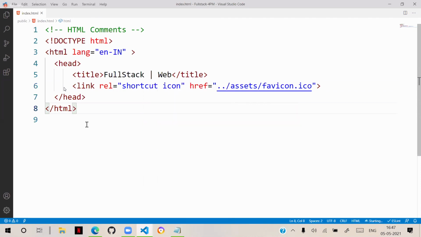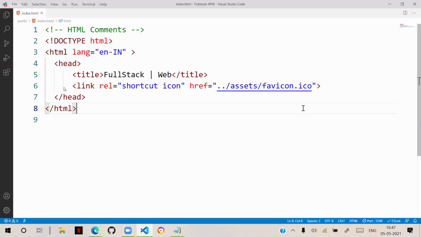So I will run this now. Title and everything is displayed here. Title and shortcut icon is displayed here. If you write meta, it is not going to show inside the body. It is used by SEO. So when we write meta, here I am writing meta. And meta expects some options, like meta has an attribute called charset.